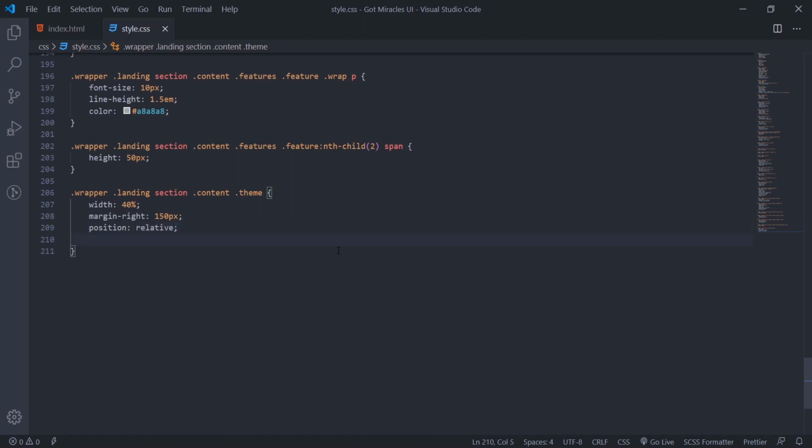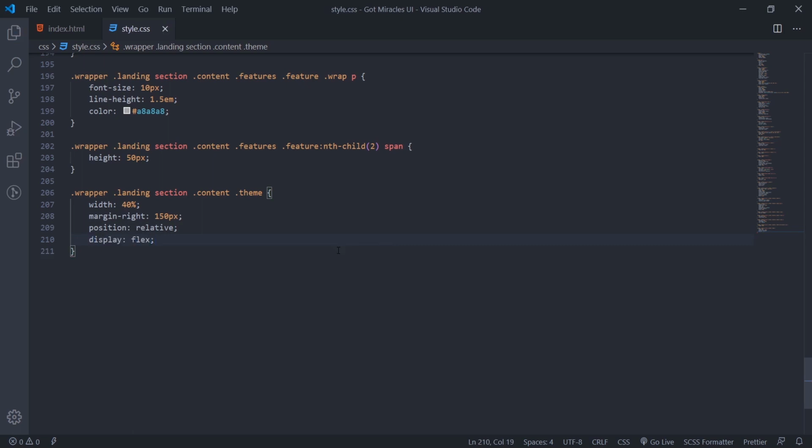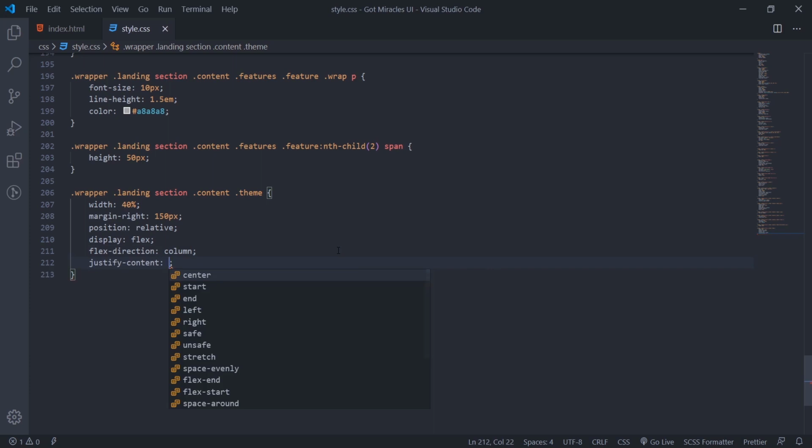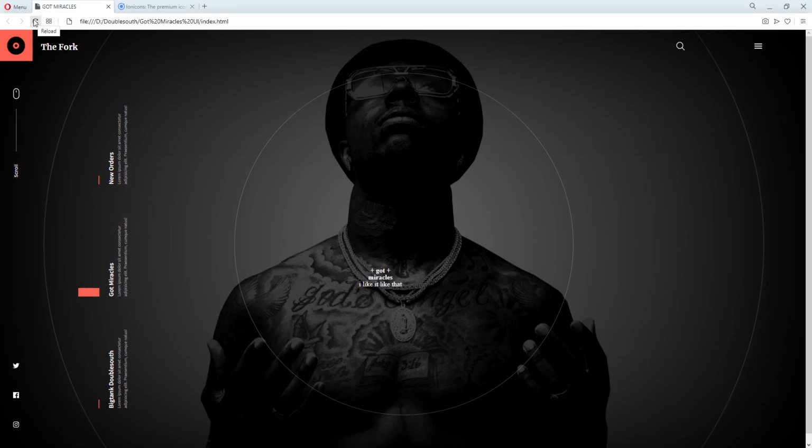Then we'll set display to flex, the flex direction will be column, then justify content to center and align items to center. If I come here and refresh, see how everything is at the center.